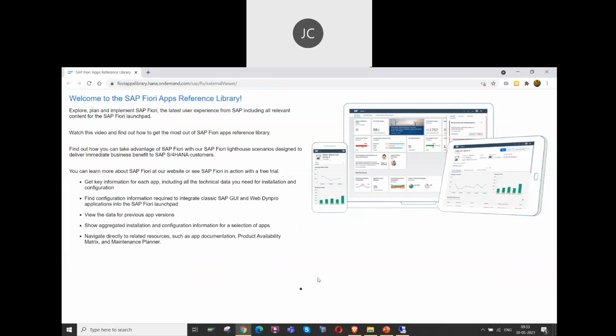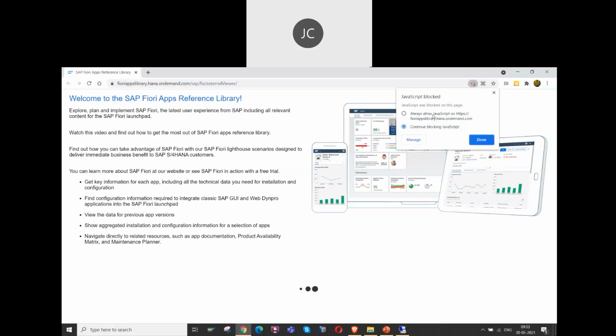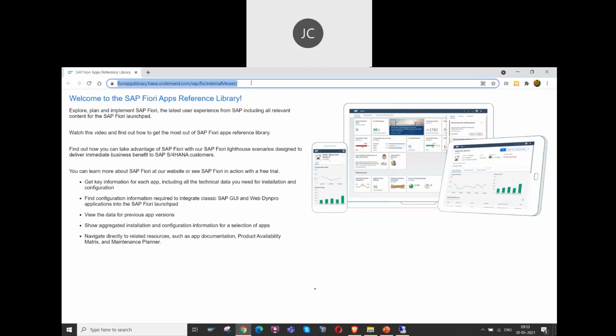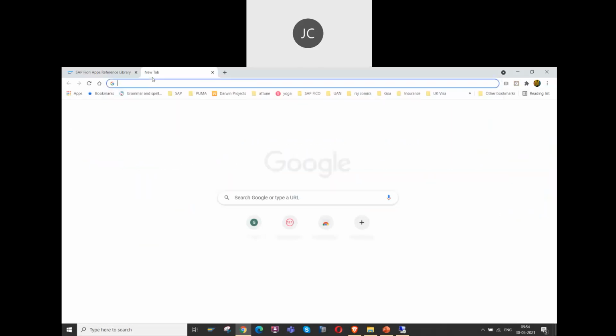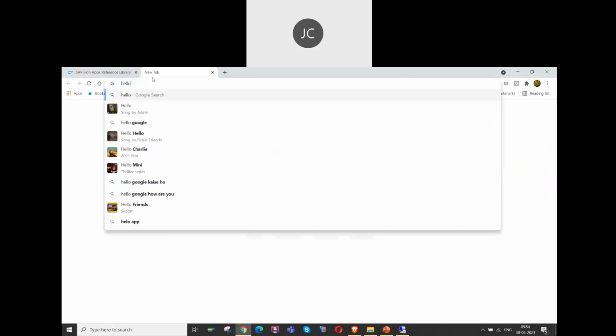This is also not opening. What happened to this now? This usually opens easily. Oh God, what is happening? Maybe a network issue. I don't think so, man. I don't know, this 5G is also working, because this is pretty fast. Okay, let's check something. Let's search something.